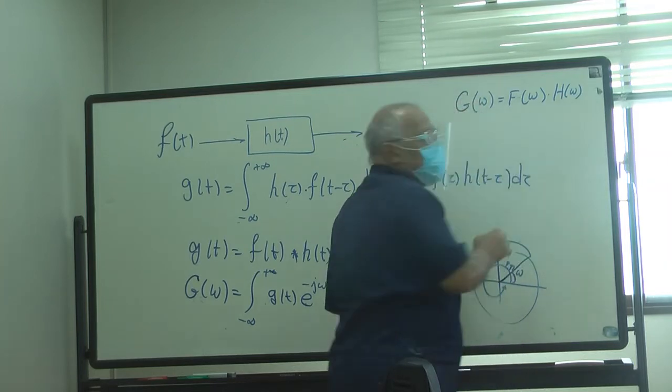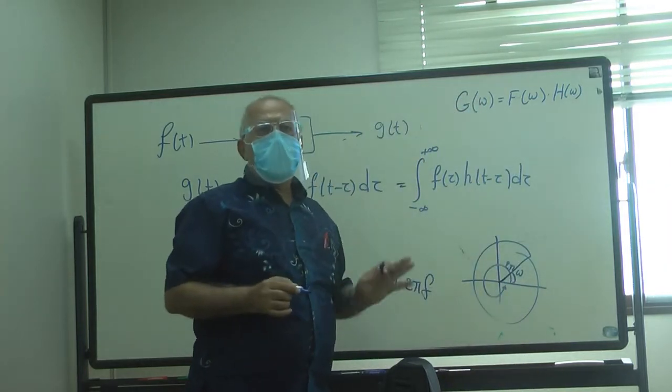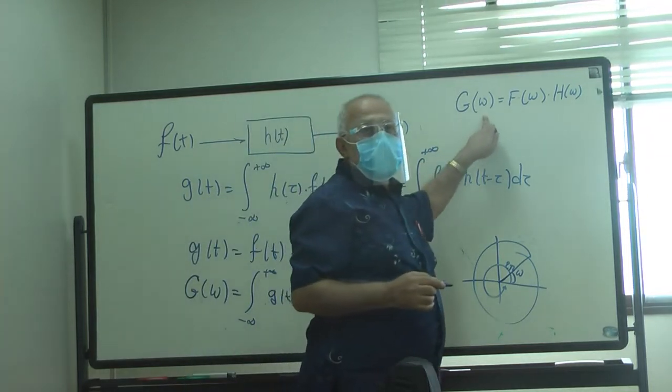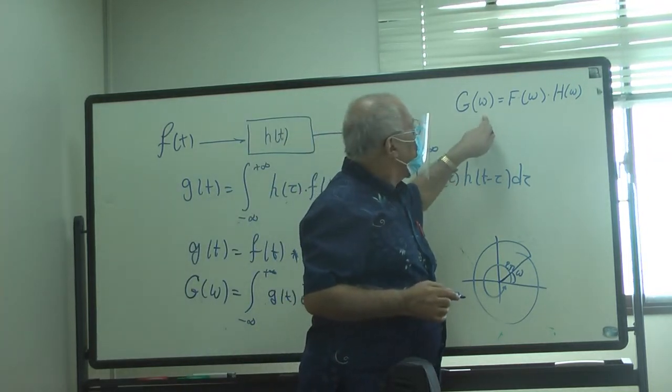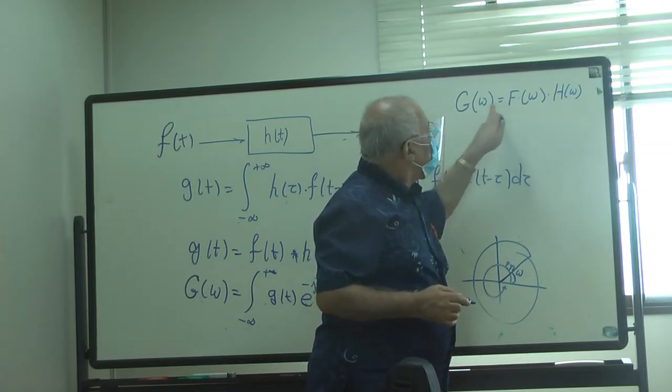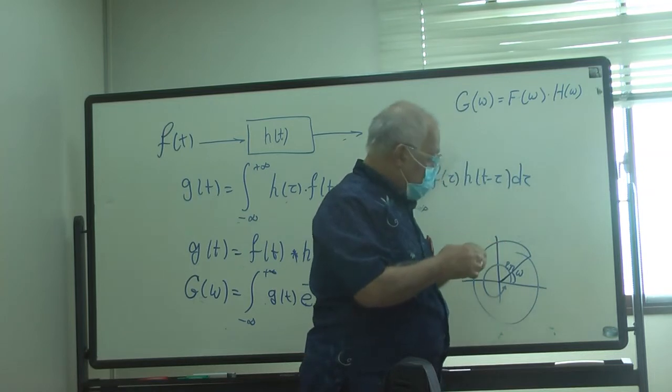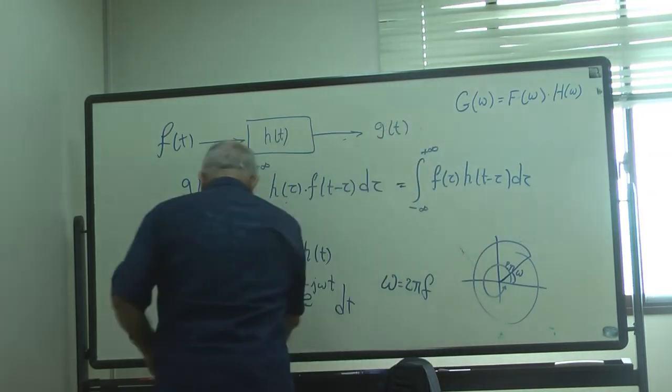This is just normal multiplication. So each beam, I call it a beam of frequency, is obtained from that beam multiplied by the same. If I should draw here,